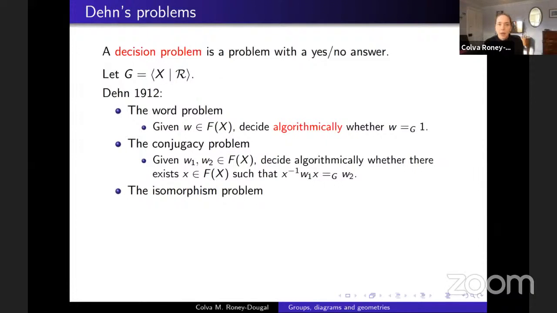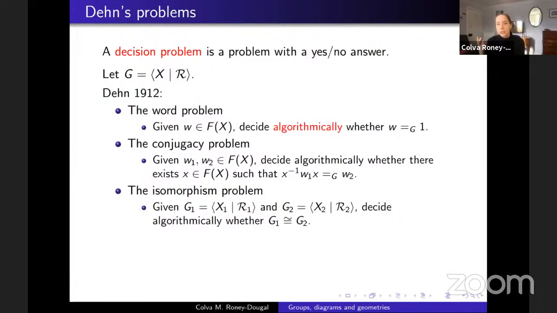And the third problem is a bit harder to state, but I'll write it up. Now you're given 2 presentations, and you want to decide whether they represent the same group. So the names of the elements of the group might be different, but is it really the same? Can I send bijectively the elements from the first group over to the elements of the second so that things multiply the same way on both sides? So are they 2 copies of the same group is what the isomorphism question's asking. So all 3 of those are yes-no problems, and Dehn was able to give answers in some special cases to some of them, but wasn't able to answer them in general. So it remained an interesting problem whether we could do this.